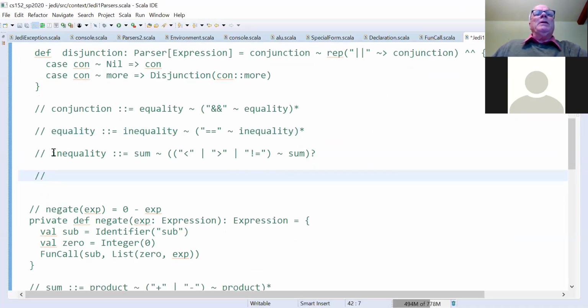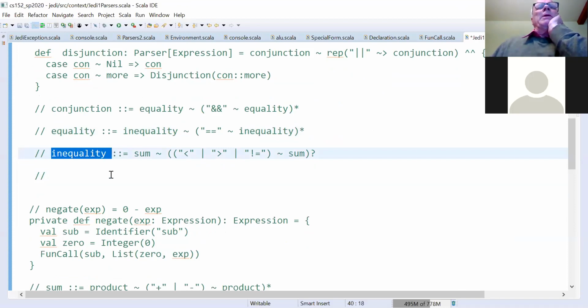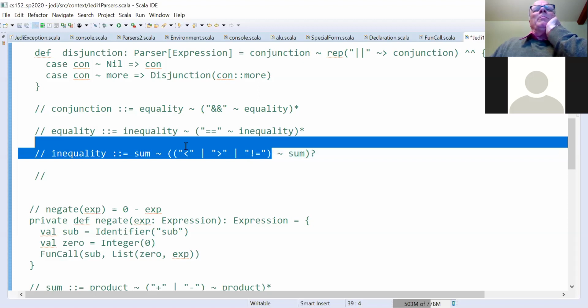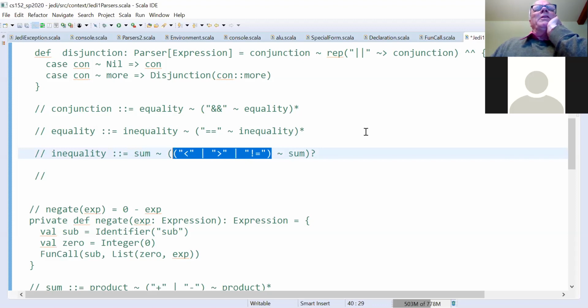Here's my definition of inequality. An inequality, now here I'm not so liberal. An inequality is a sum followed optionally, there's OPT, by another sum, and between the two sums would be one of the inequality operators: less than, greater than, or not equal to. So this kind of a thing